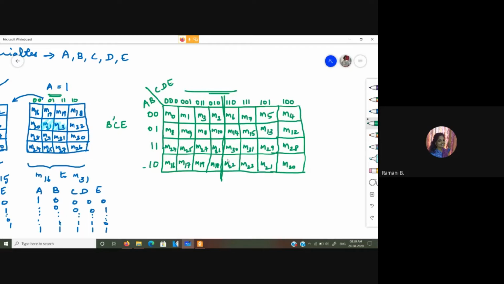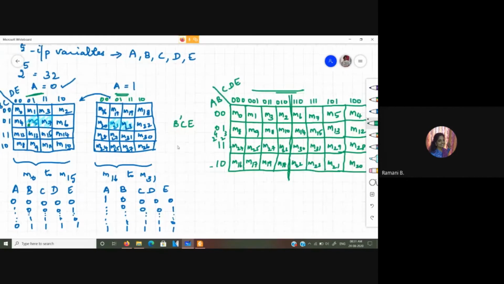If you have any confusion with respect to the minterms I have entered over here, it is just the equivalent decimal of these combinations. 1 1 followed by 3 zeros is 2 power 4 plus 2 power 3, so 16 plus 8, that is 24. And this is all 5 ones: 2 power 4 plus 2 power 3 plus 2 power 2 plus 2 power 1 plus 2 power 0. So that gives me 31. This is what we are doing.